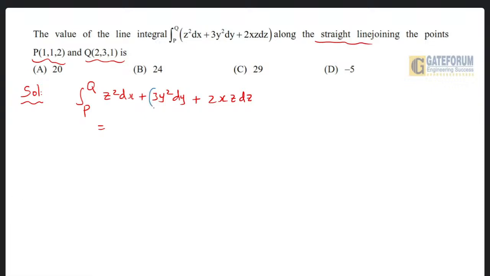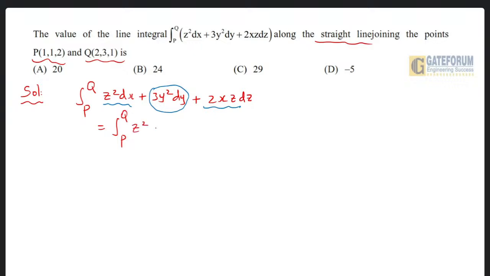This is y terms multiplied by dy. This one is variable separable. z and x are not variable separable terms. But I can write the UV rule using standard exact differentials. So this is equal to integral p to q